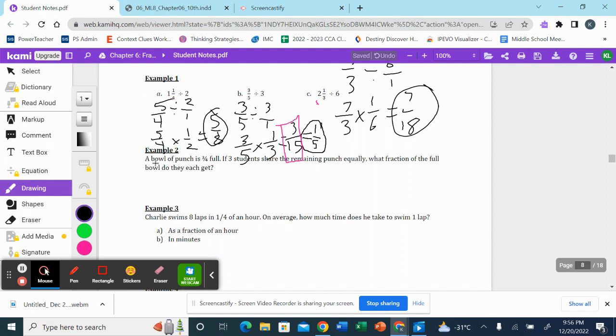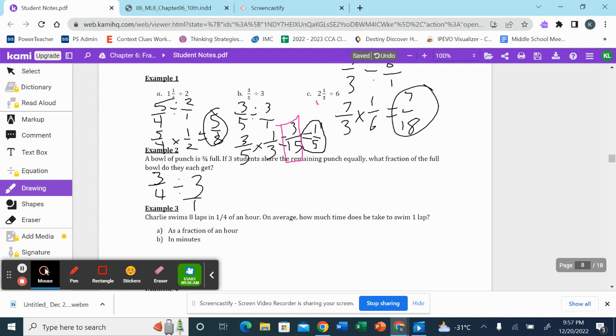Okay, a bowl of punch. Example 2. A bowl of punch is 3/4 full. If 3 students share the remaining punch equally, what fraction of the full bowl do they each get? So this is asking me to divide 3/4 divided by 3. Now I don't know how to do that, but if I put 3 over 1,